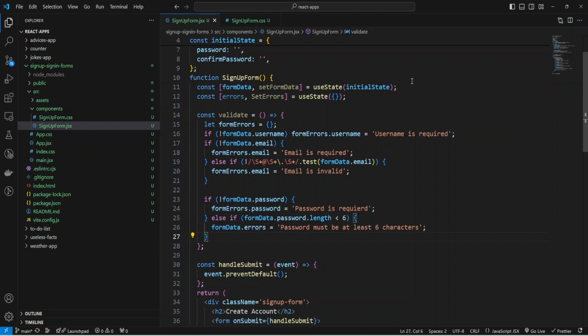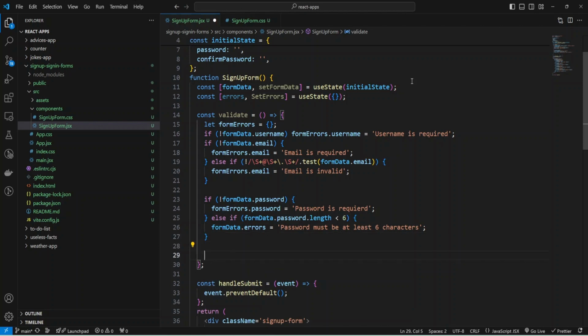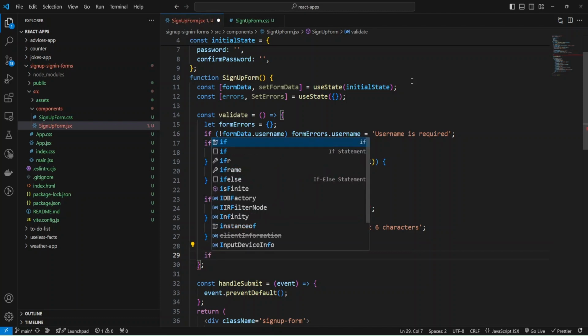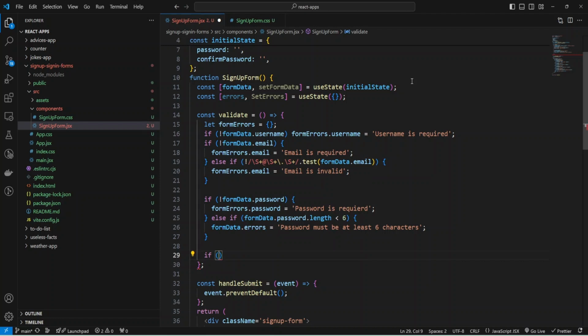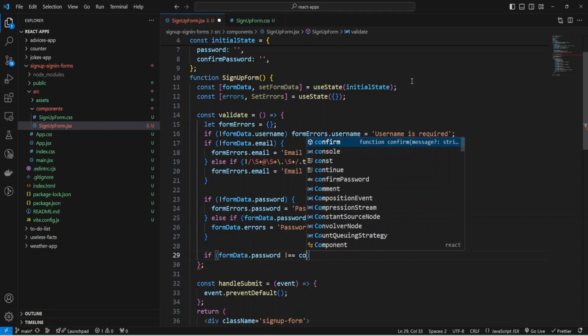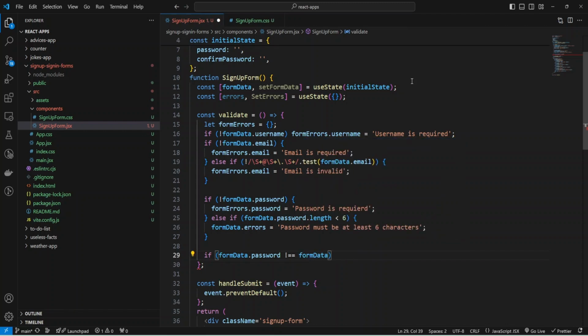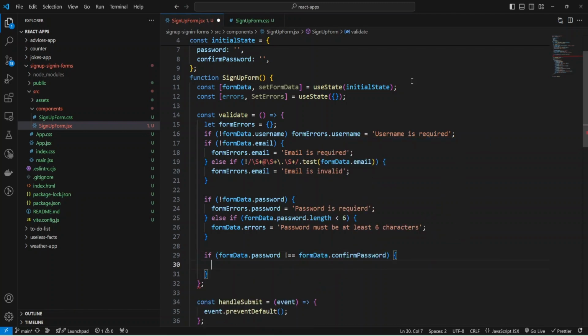Okay, and the last field we have is confirm password, and here I'm going to just check if we have the same confirm password as password. If formData password not equals formData confirmPassword, then provide the error formErrors confirmPassword, and the error will be "Passwords do not match".